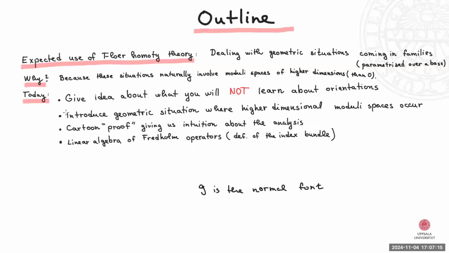Then I will go into the weeds and motivate for some of you why we geometers care about spectra, which are suspension spectra, and why for us stabilization is a very natural thing to do. And then there are points which are not really there, and that is Cauchy-Riemann operators. And after that, I'm going to talk about the Maslov index, about R orientations, and at the end, I will talk about some special cases where this orientation business works.